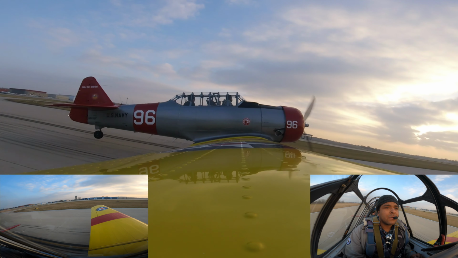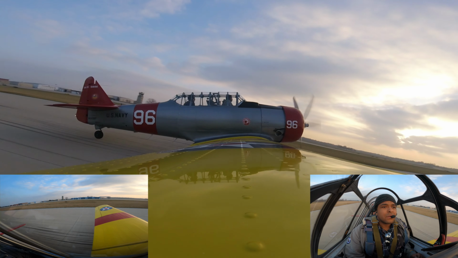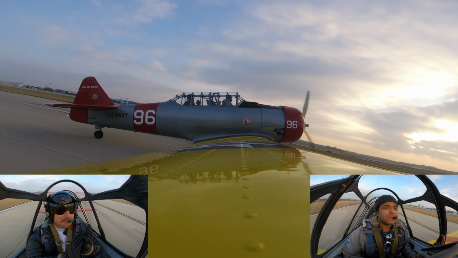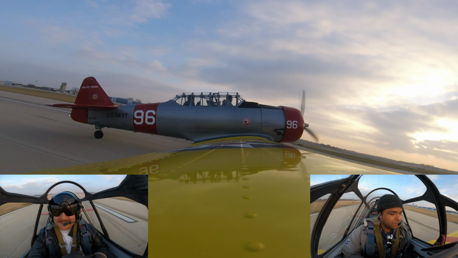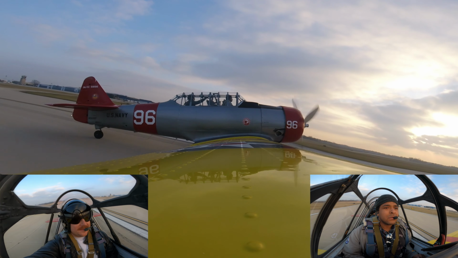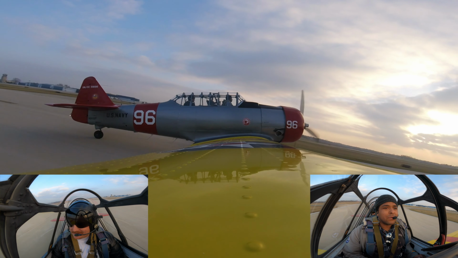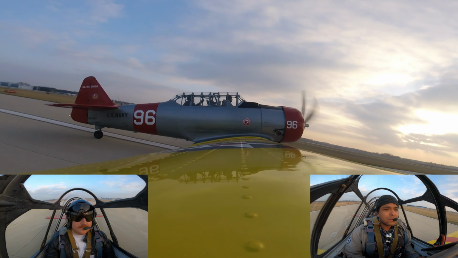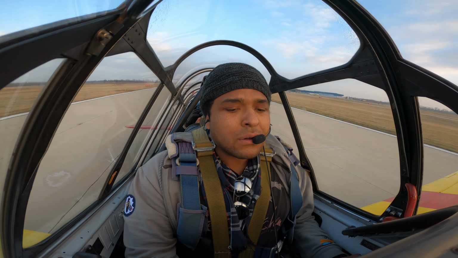On the ground, fly the tail, stick all the way back in the gut, dance on the rudders, keep the center line, push power, using the flaps coming up, and then we go full power, 36 inches, stick comes forward,